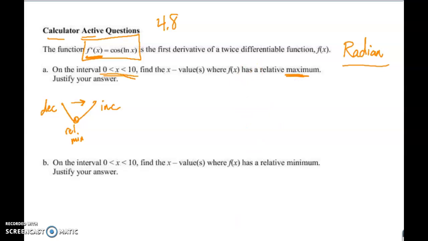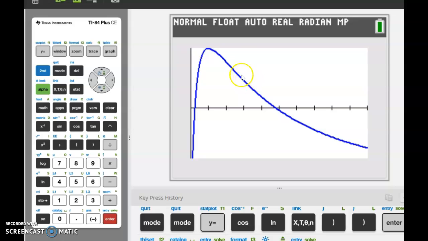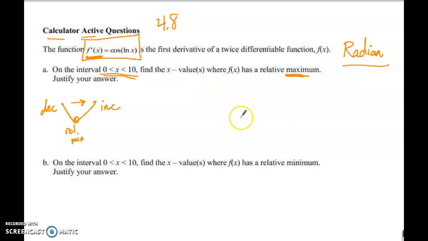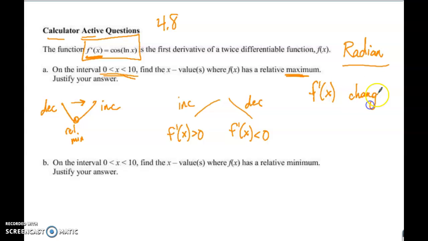So as you look at the other option, right here, above the x-axis is increasing, to below the x-axis is decreasing. This is the 0 I want. I don't know if you want to write that down, but something like that, that if we go from increasing to decreasing, and maybe I should clarify that f prime of x is positive is why we're increasing, to f prime of x being negative, and that's actually your reason. Let me write it right here, that f prime of x changes from positive to negative